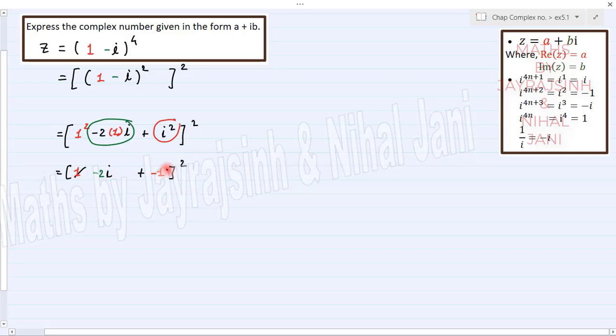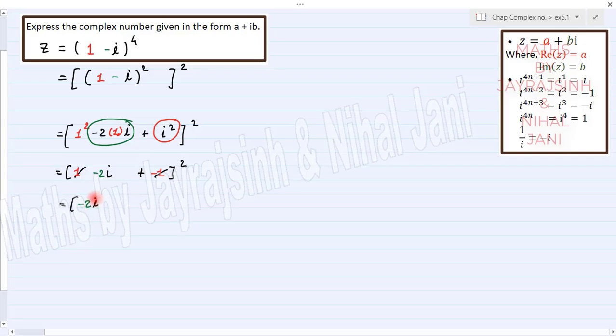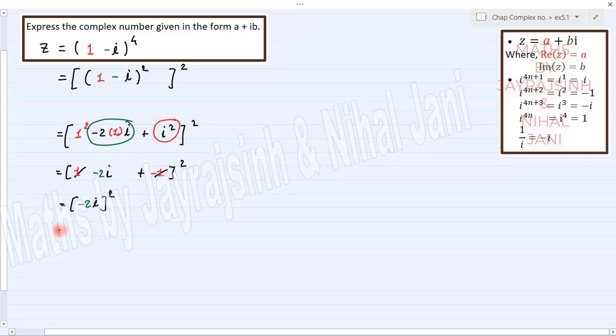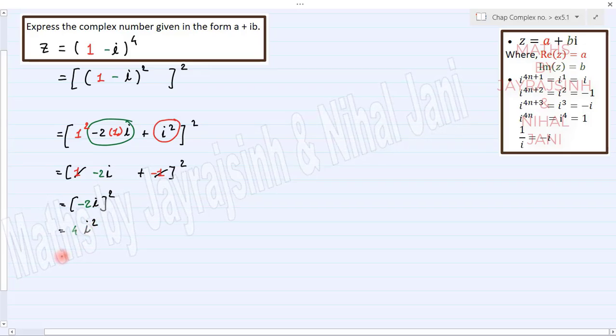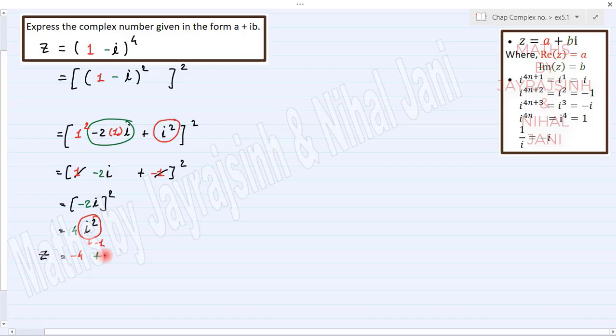So your 1 will cancel out, we will get minus 2i the whole square, which is nothing but 4i square. Again substitute the value of i square, which is minus 1, we will get minus 4 plus 0i,